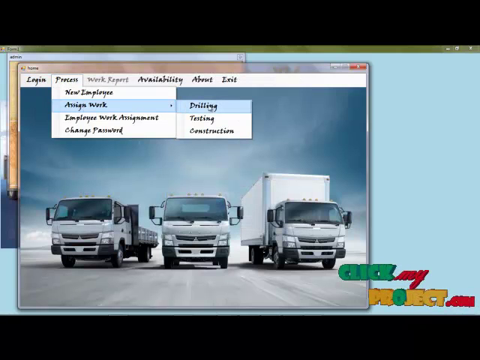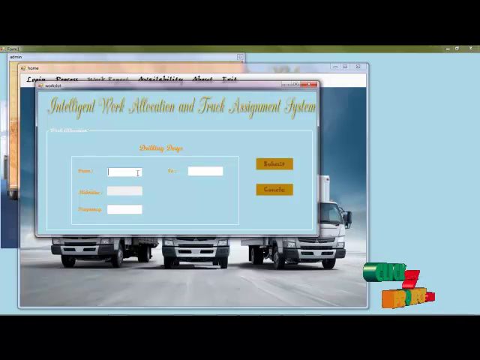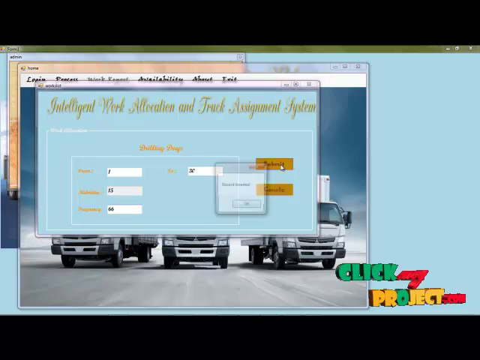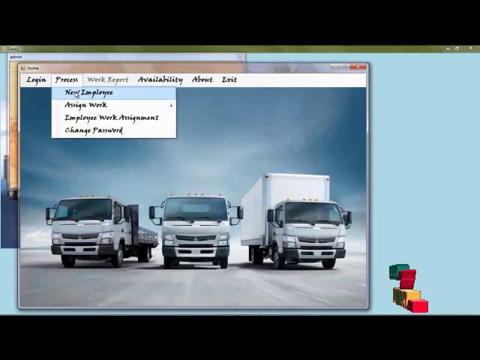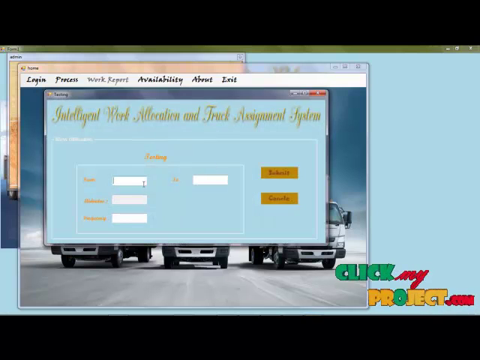The next one is assigning work for drilling. By entering the from date and the end date, the mid value will be calculated. The mid value is used to find out the frequency of the work allocation. Next, we should enter the frequency. This frequency means the number of shifts which have been assigned to the drilling days. In the same way we should assign the work for testing